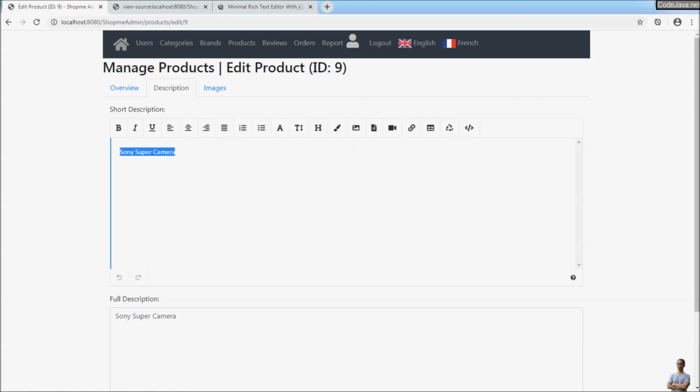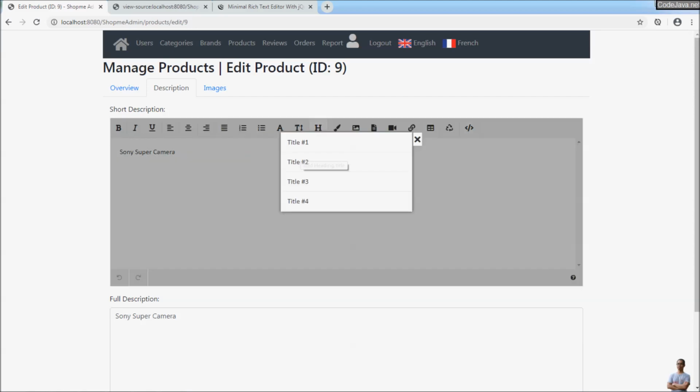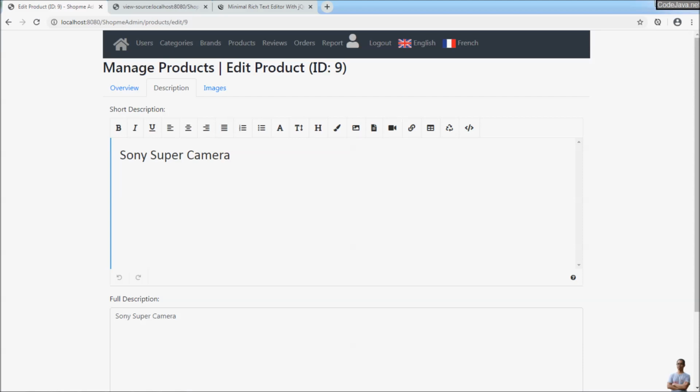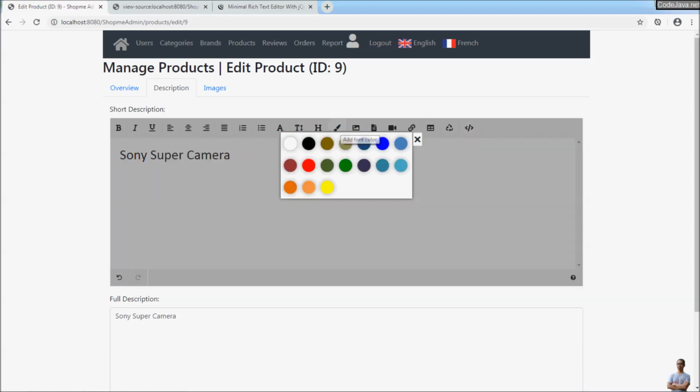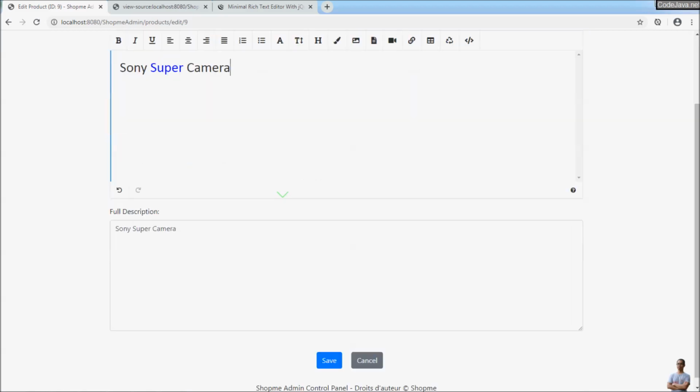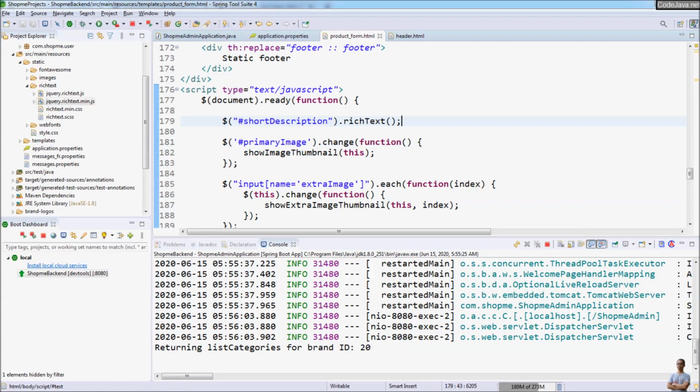For example, I use the heading 2 for this text, and change the color for the text. Very nice, right? And similarly, we do the same for the second text area